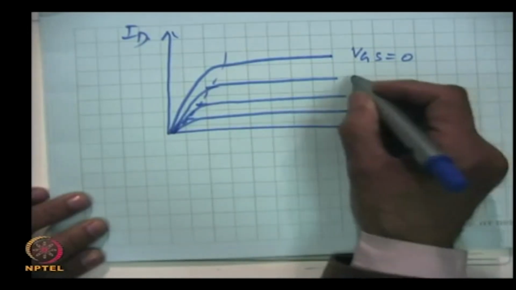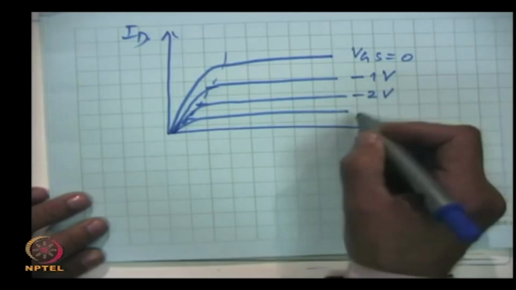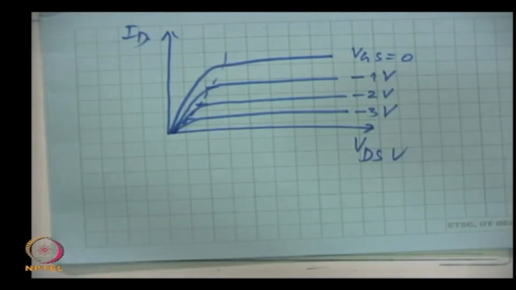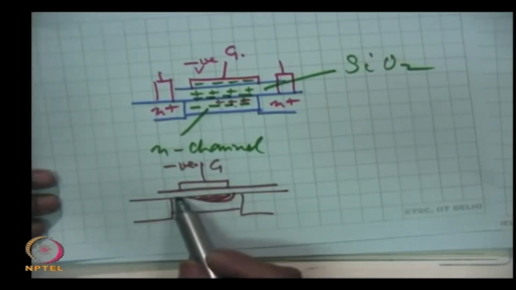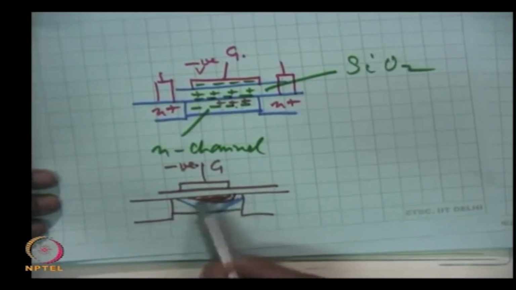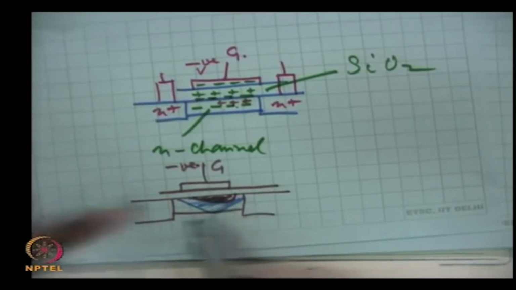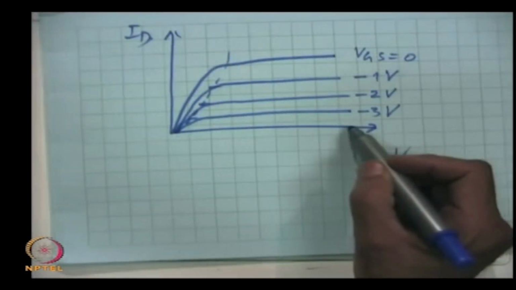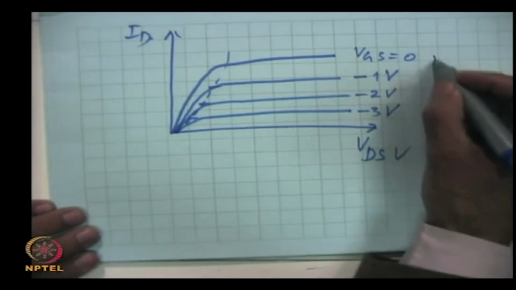This is at VGS of minus 1 volt, minus 2 volt, minus 3 volt, and so on, and a voltage may come where the depletion region has completely taken over the channel and there is no continuity, there is no conductance between drain and source. So, here the device is off. This is the depletion